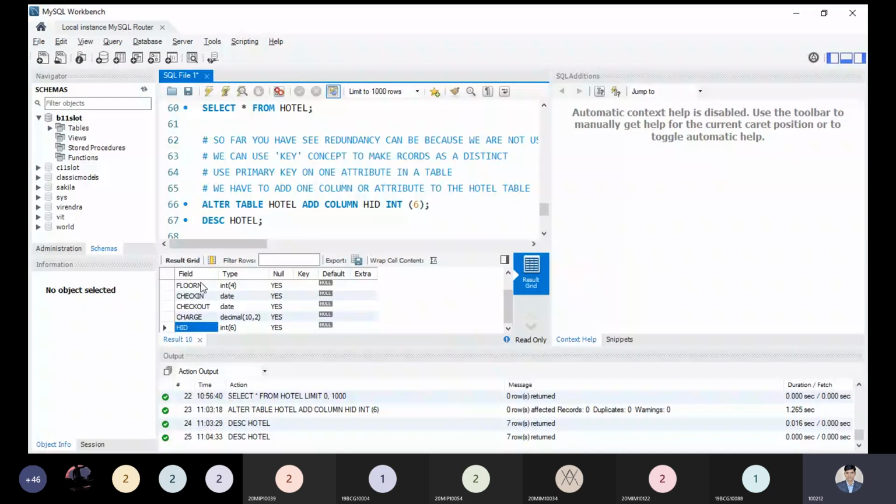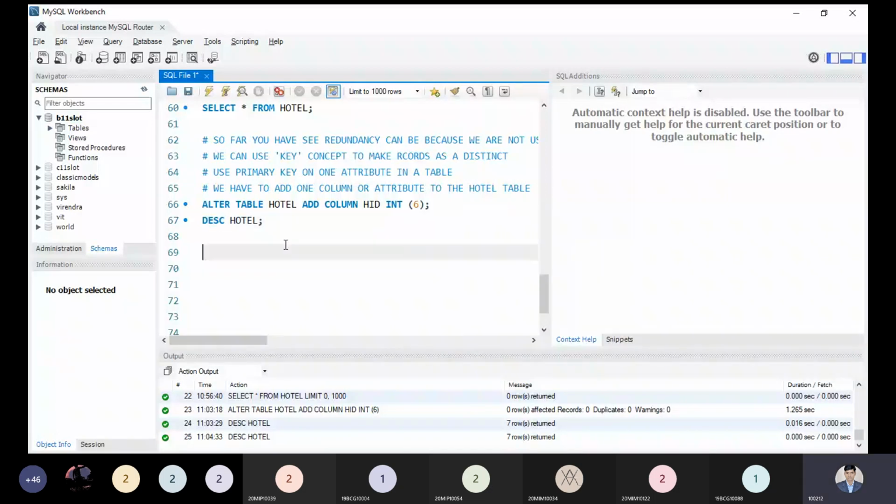Now finally we have the HID column name and its data, and it's showing that it is null and it is also not a key. So let me explain. Now we have to use the syntax: alter table hotel, where hotel is the name of the table. Now we add constraint. The words to keep in mind are add constraint, and this is the ID we have to take. You can give the constraint name anything you want to use in MySQL.